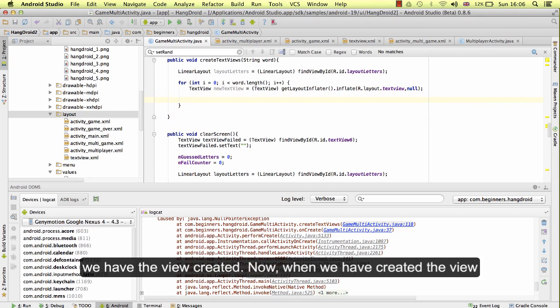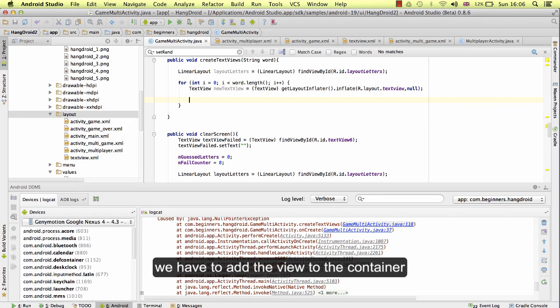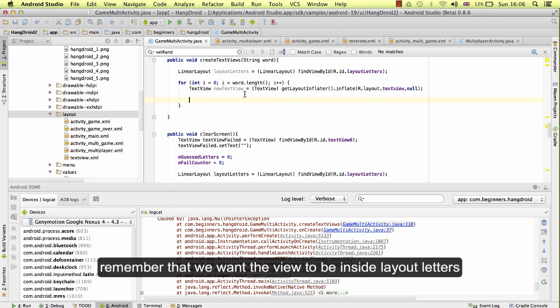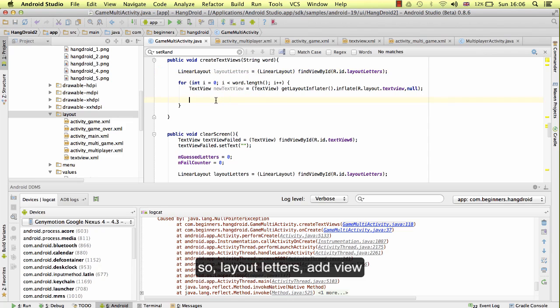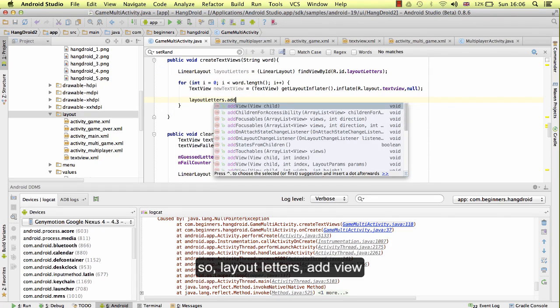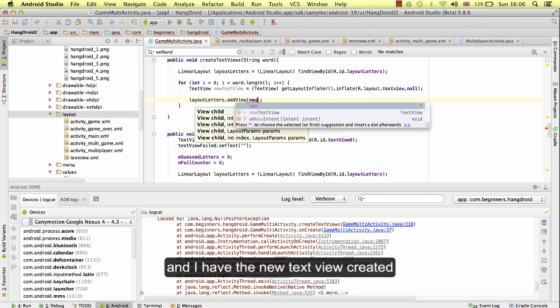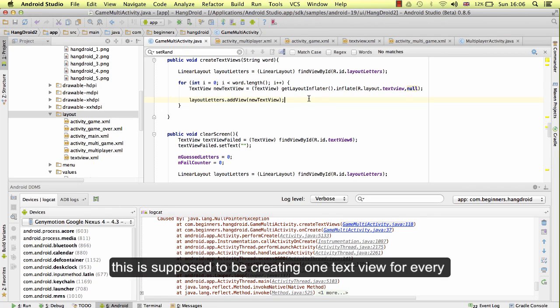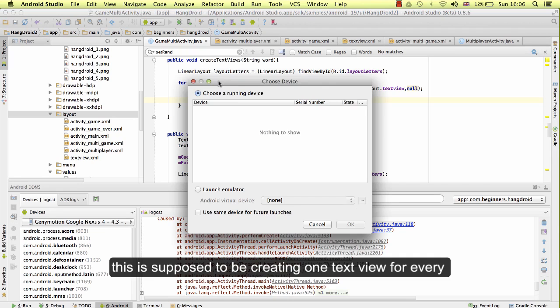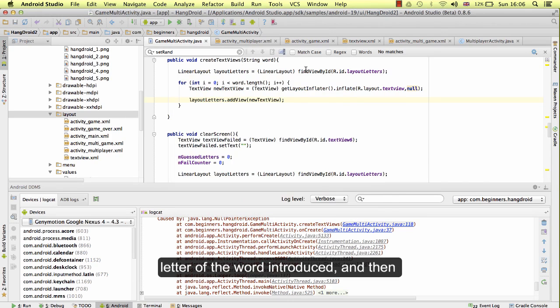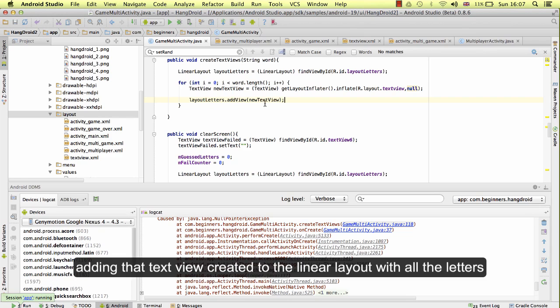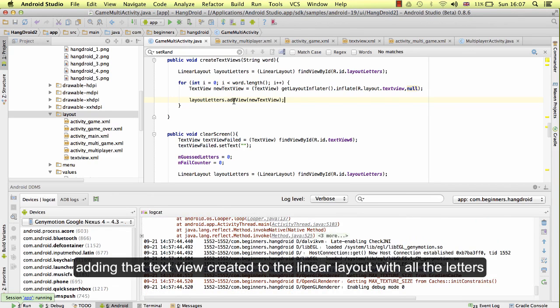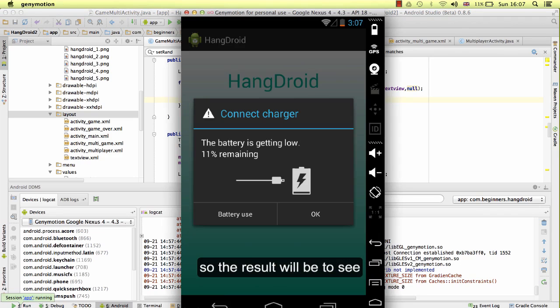Now, when we have created the view, we have to add the view to the container. Remember that we want the view to be inside layout letters. So layout letters, add view, and I add the new text view created. Now let's test if this is working. This is supposed to be creating one text view for every letter of the word introduced, and then adding that text view created to the linear layout with all the letters. So the result will be to see